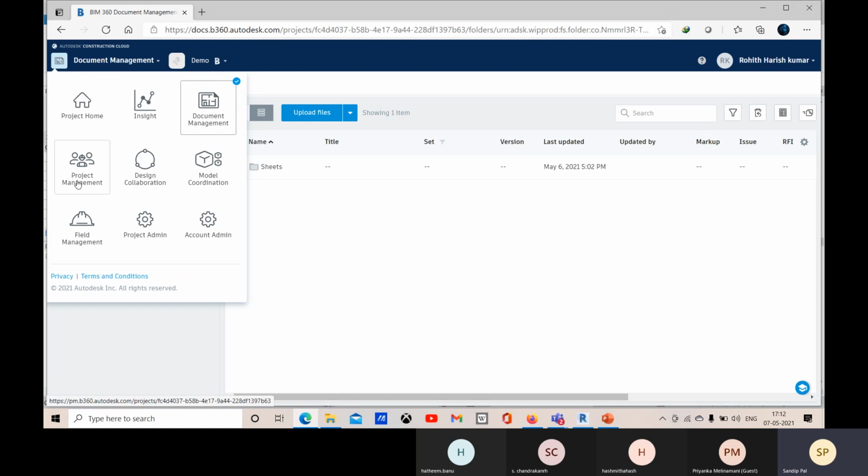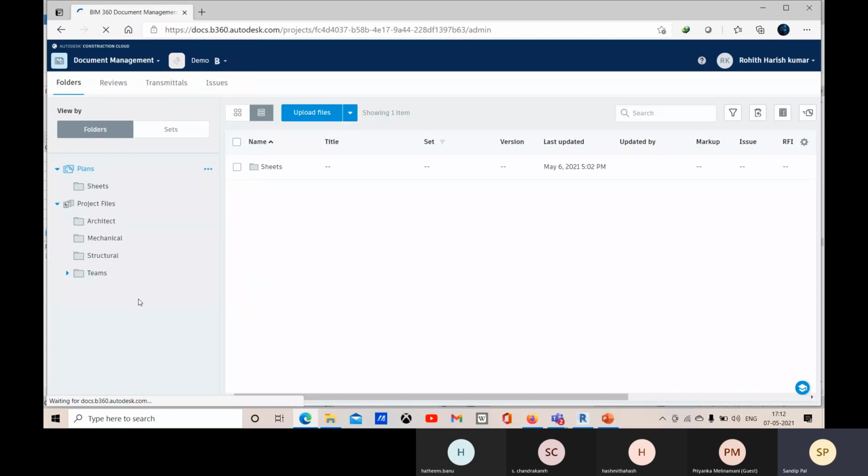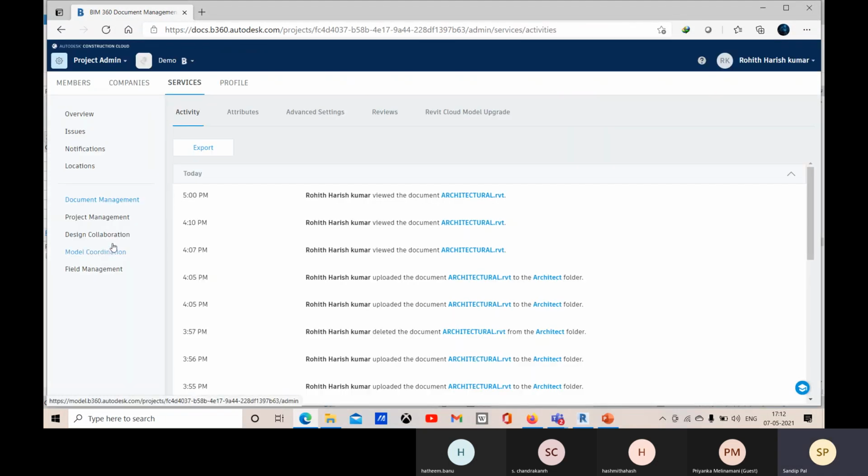For that, we have this project management and field management. This project management and field management works for the BIM 360 Build. These two services work for the BIM 360 Build module. So you can come to this project admin here, and then you can go for this project management.